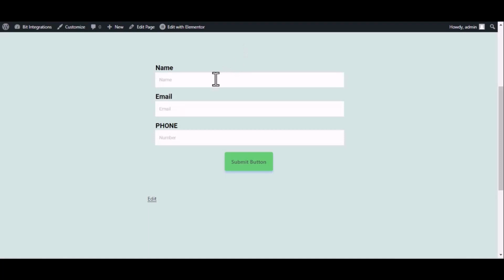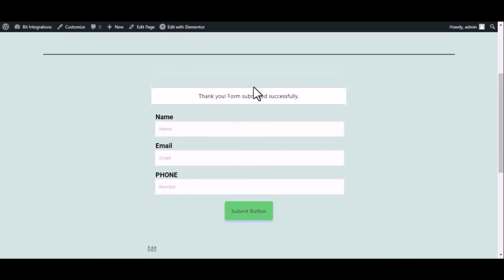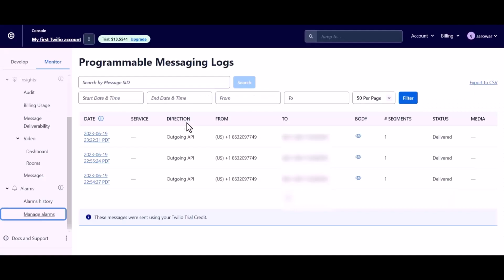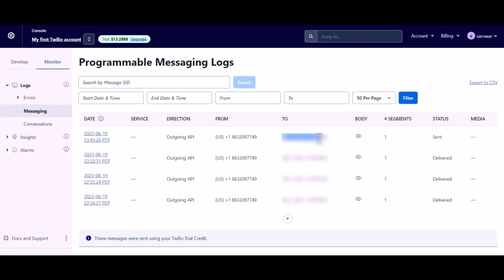Now go to your form and type some information. And submit the form. The form is successfully submitted. Now go to the Twilio site and refresh the page. And you can see the